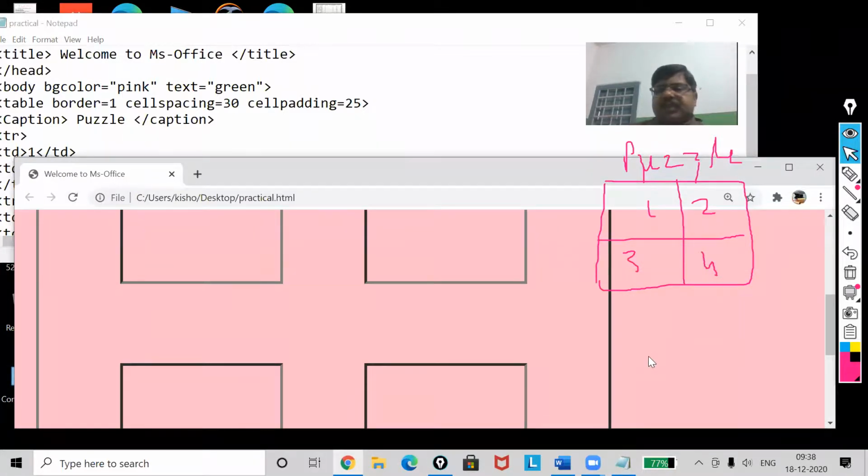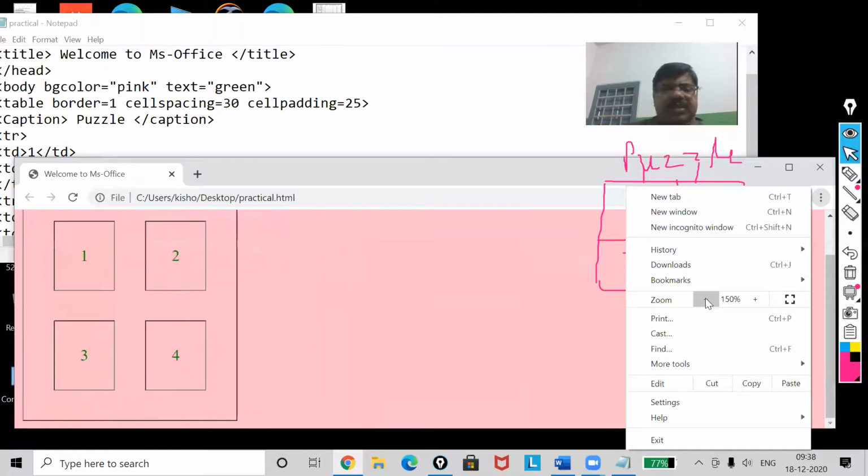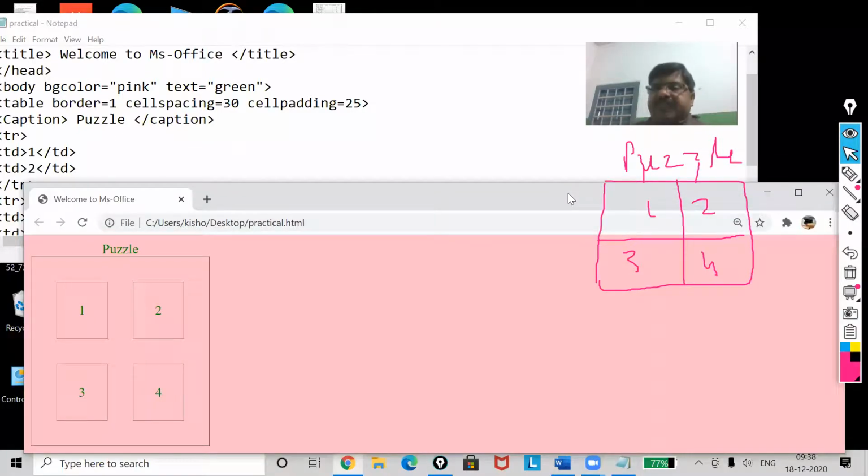See. So again, let me this time decrease it. Now you can see it. Even questions can come related to frame and rules also. Got it? So you have to know all the values of frame, all the values of rules.